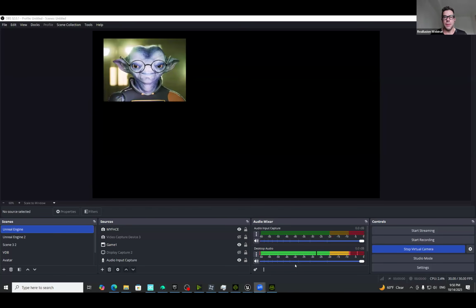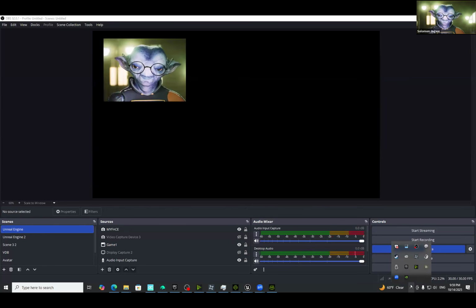Question from DW: What hardware requirements are needed for this setup? For example, VRAM, RAM, CPU, cameras. What do you have on your system, Solomon? So my system, let me bring up my rig. No, I don't even want you to compare to my system because